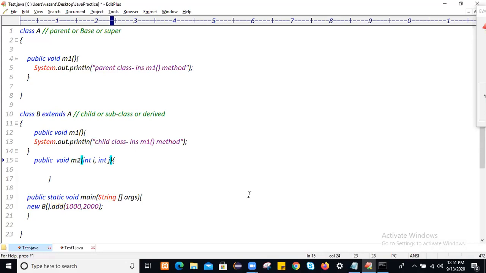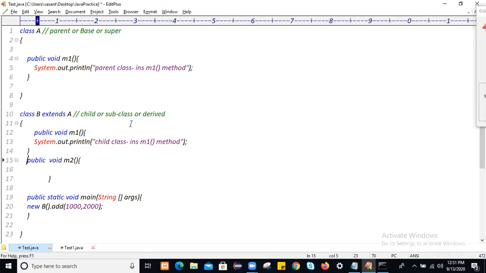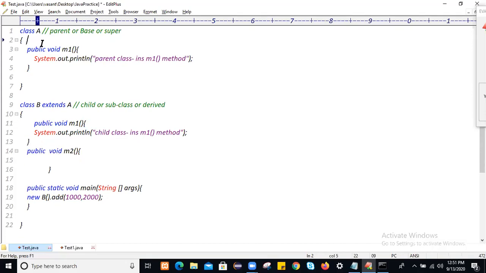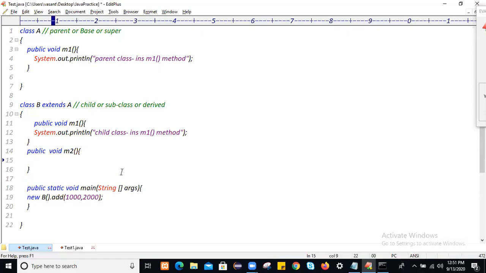Always remember that to represent the parent class method, we will use the super keyword. And to represent the same class method, we will use the this keyword. But here, this is optional, guys. If you don't use this, it will still execute the child class method.